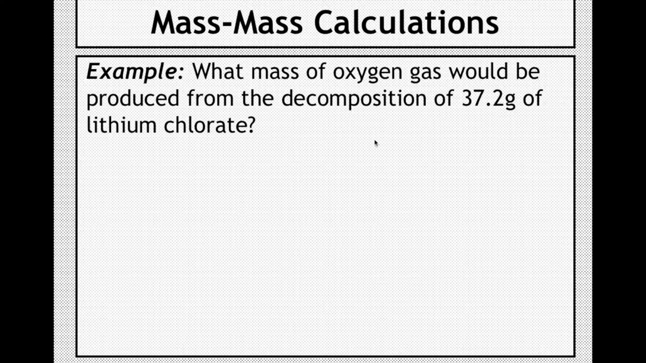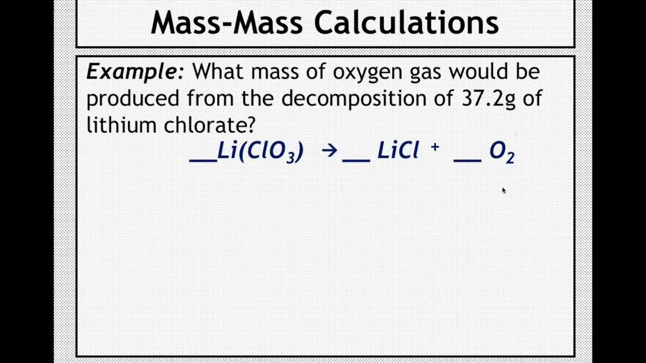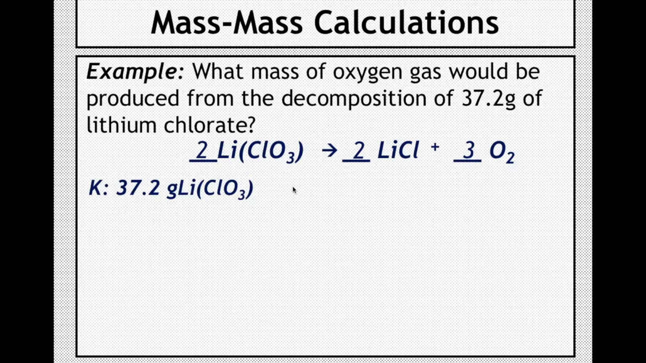All right, so next question: what mass of oxygen gas would be produced from the decomposition of this many grams of lithium chlorate? So we know that we have lithium chlorate, and then when we decompose lithium chlorate, we have something chloride plus oxygen. So we'll have lithium chloride plus oxygen. And then we need to balance it, but I think I've already done it for you. So make sure you know how to balance. If you don't, that's something you need to practice, but I'm not going to make you practice when you're learning